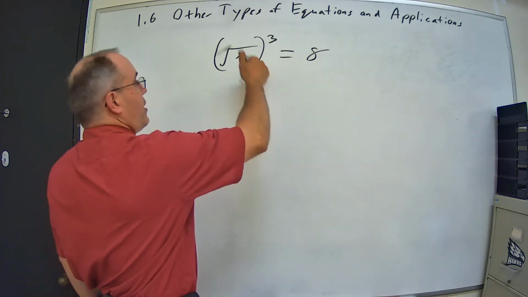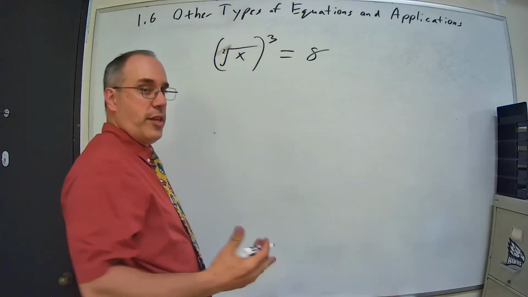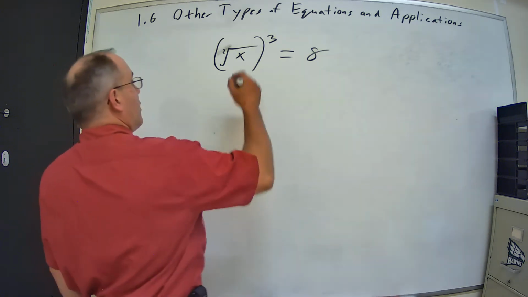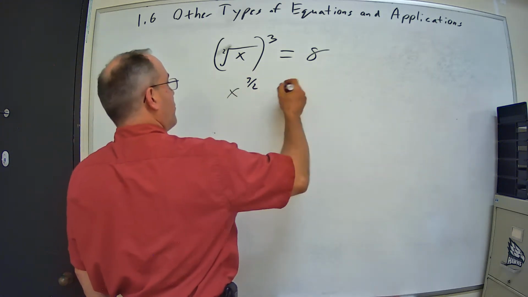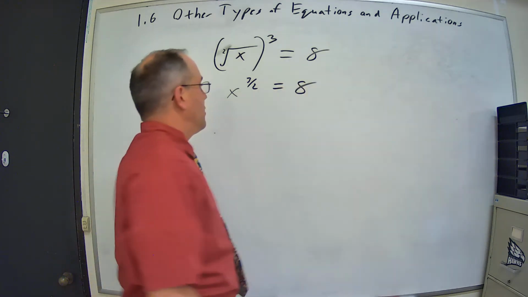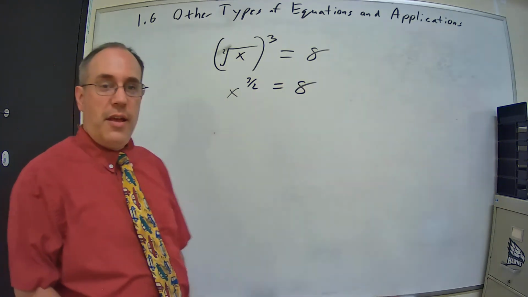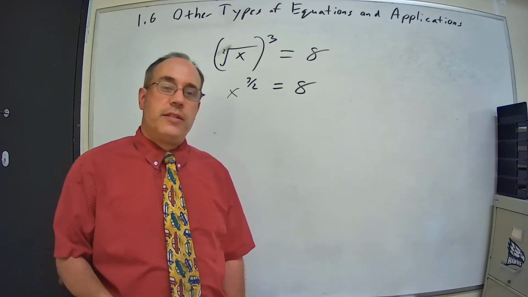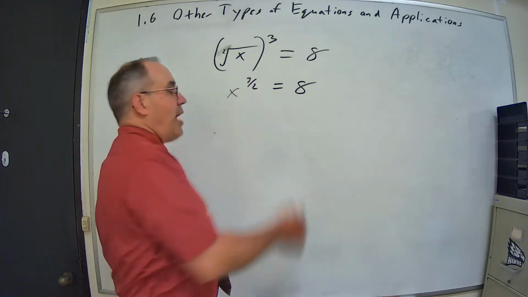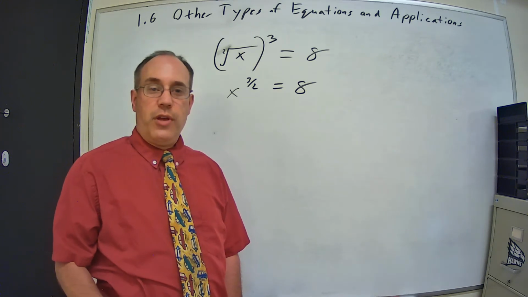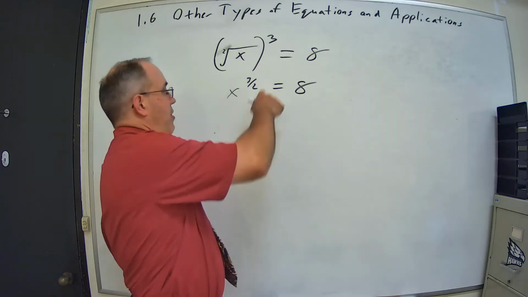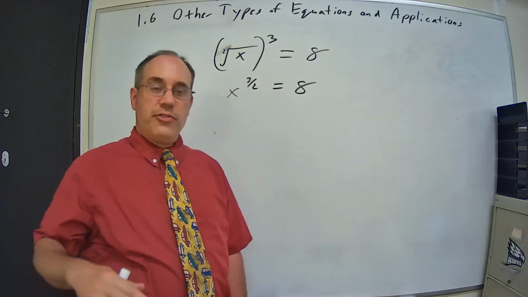This can be rewritten as, remember the index is 2, x to the 3/2 is equal to 8. Now a simple process for eliminating this rational exponent is just to raise this to the